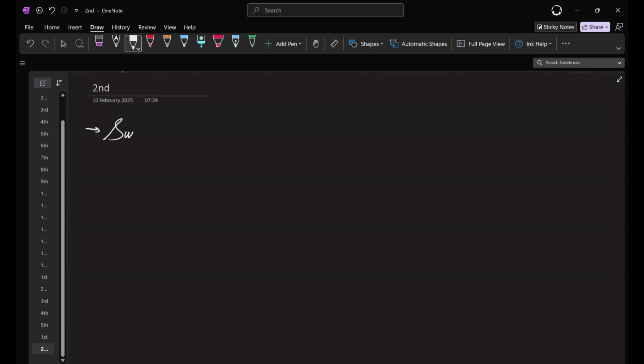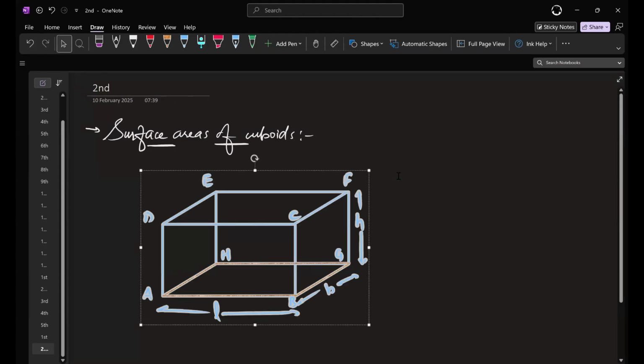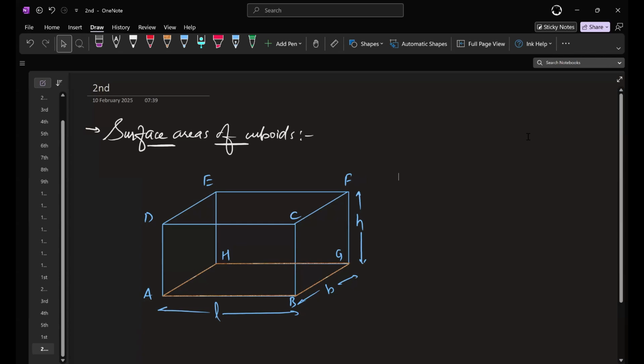Start with cuboids. For example, we have a cuboid, something like this. Okay, so